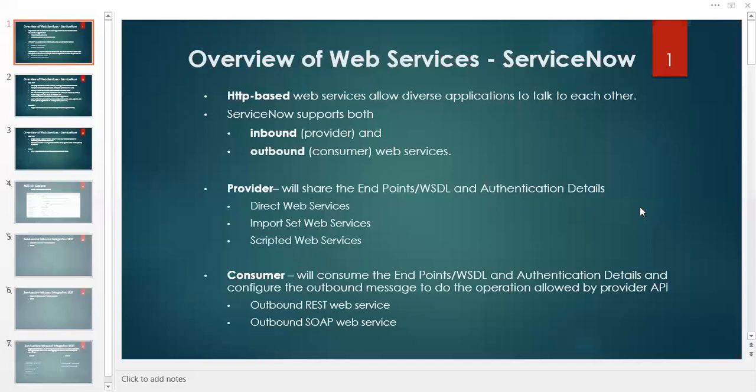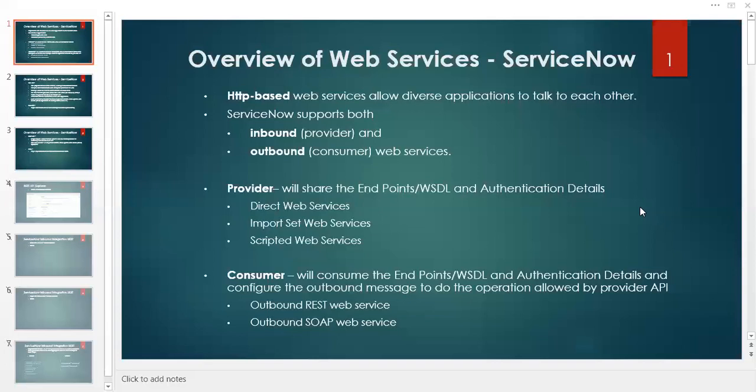Whoever is publishing the API, that means sharing the endpoint or URL with another tool, will be called the inbound side or provider. Don't get confused with where the data is flowing. Try to remember it on the basis of who is sharing the API. Whoever is sharing the API will be called the provider or inbound between two systems.